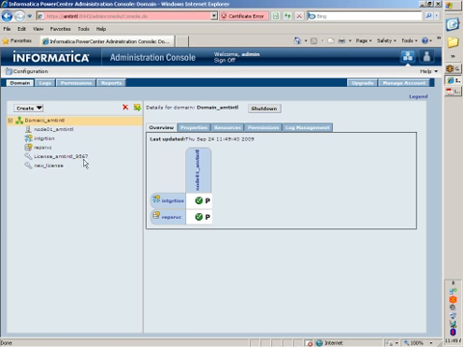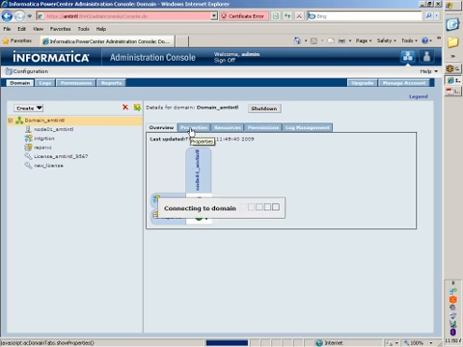Try and talk more in detail about this domain tab where you are currently present. So let me first just talk about the overview of a domain. You see here the overview, services running. Then you also have a tab for the domain properties. So this will show me the properties for the domain, not the internal